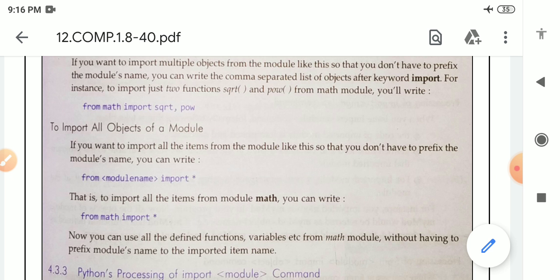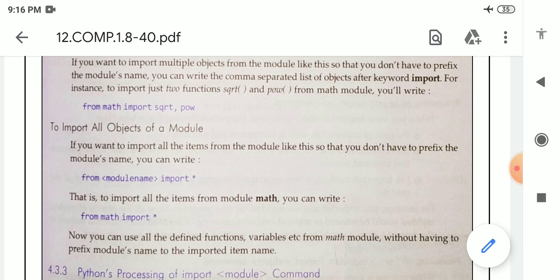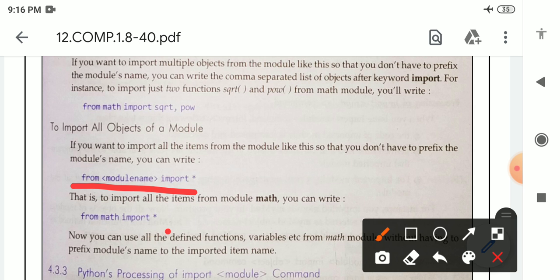We will simply write from module name import star, or asterisk. Whenever we write an asterisk, it will select all the objects which are present inside a module. So this is the syntax and this is the statement.